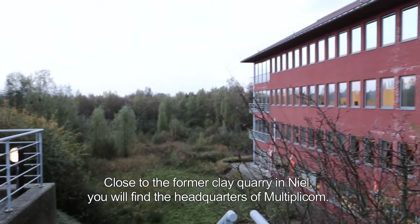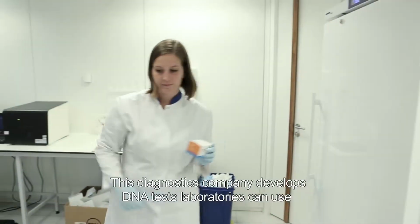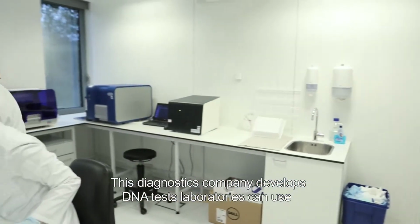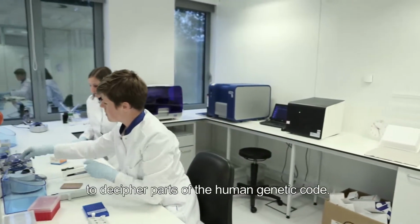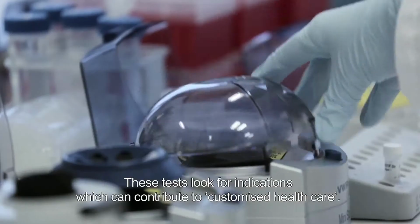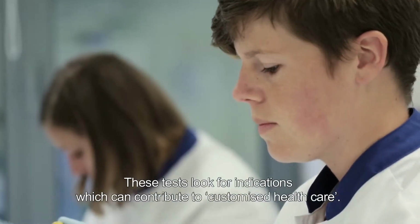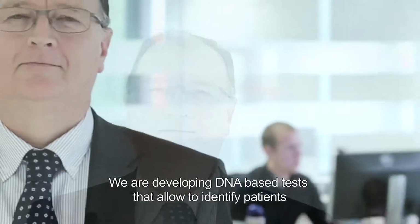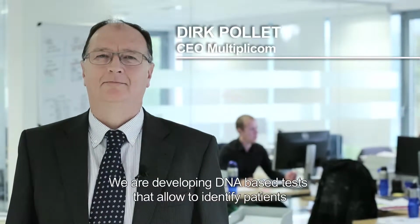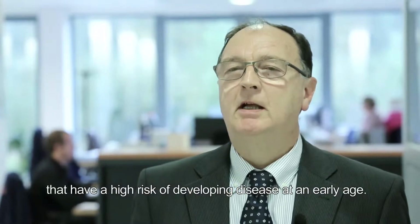Close to the former clay quarry in Nil, you'll find the headquarters of Multiplicom. This diagnostics company develops DNA tests laboratories can use to decipher parts of the human genetic code. These tests look for indications which can contribute to customized health care. So we are developing DNA-based tests that allow us to identify patients that have a high risk of developing disease at